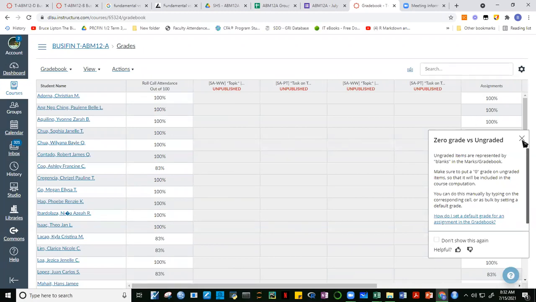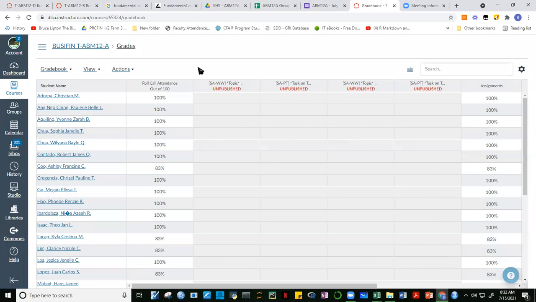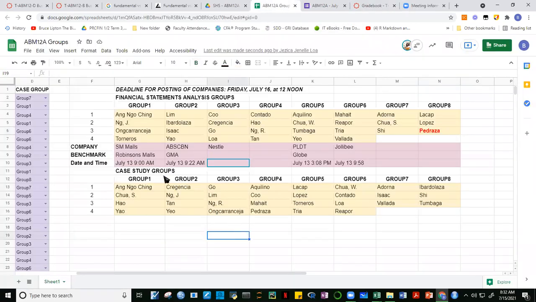Okay? And take note, guys, this is to be treated as bonus points towards the end of the term. Okay, so tingnan natin to, guys. Deadline nyo to, guys, sa Friday, ha? Deadline. SM, Robinsons, make sure that